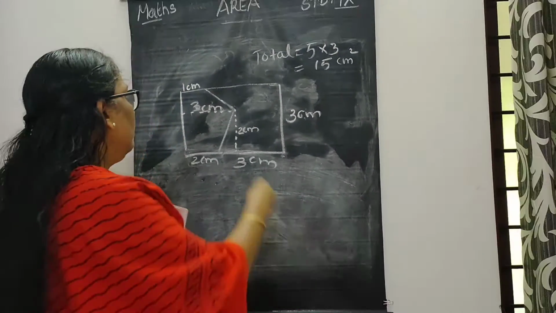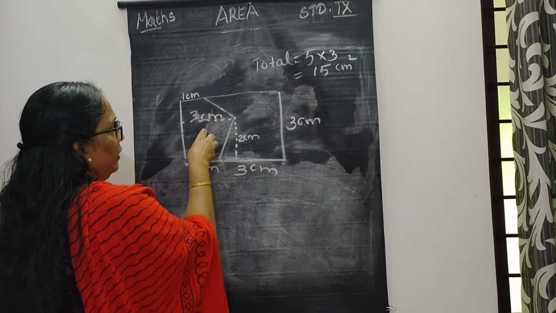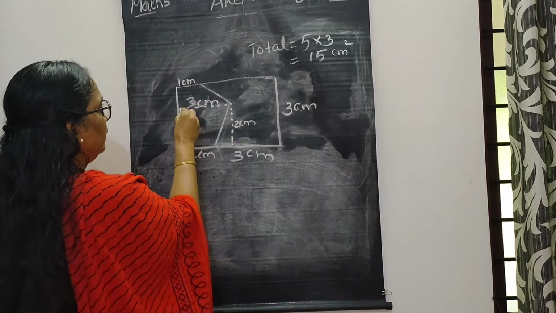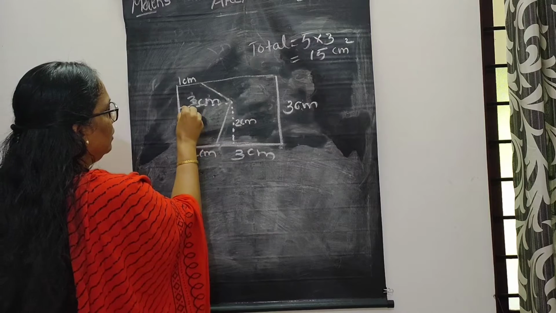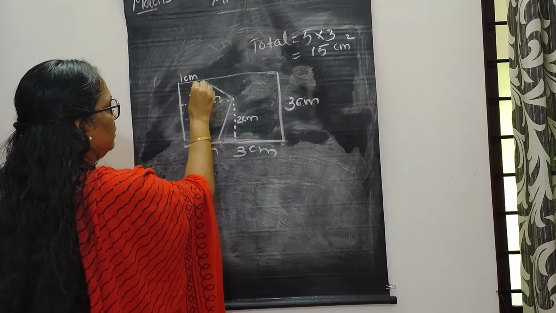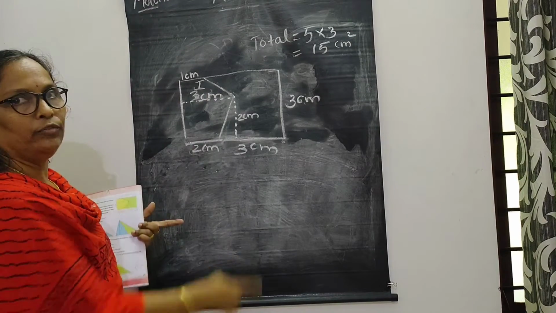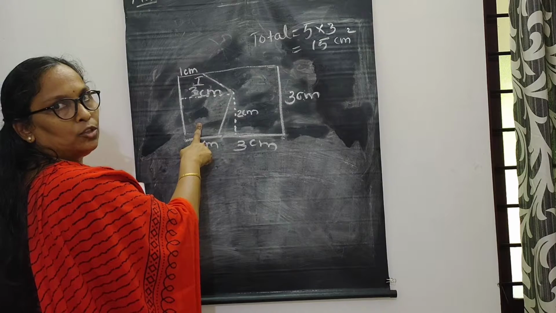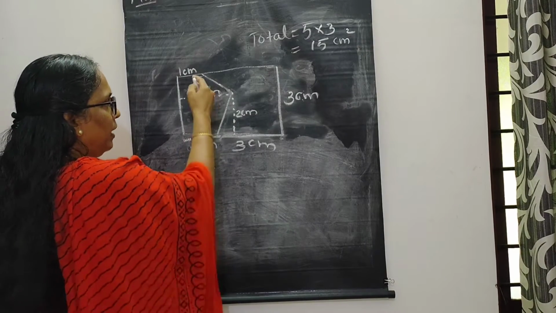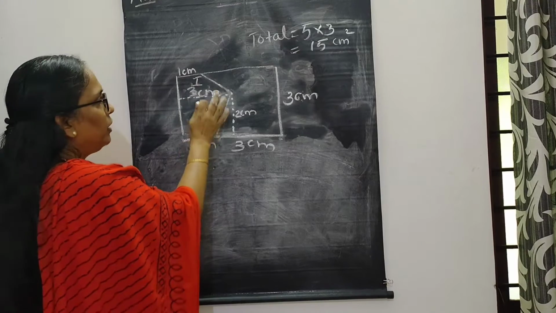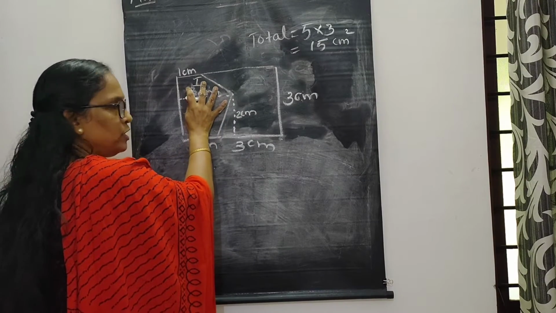Then we can find out the area of these two parts. For this, first we find the area of this one. This trapezium, this is the first trapezium. We can find out the area of this trapezium, and we can find out the area of the second trapezium also. Separately we can find out the areas and we can add these two areas. Now we get the area of this part.